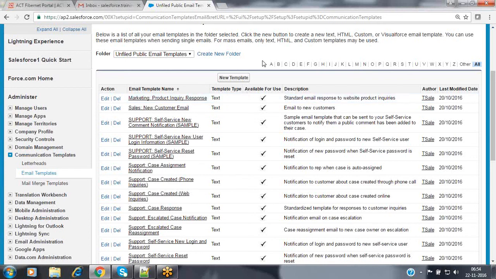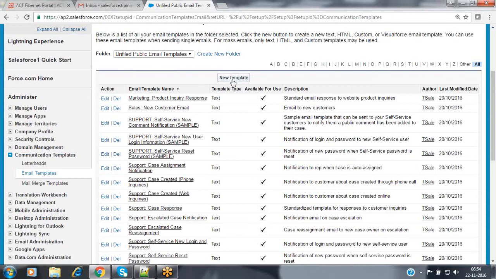Email template means what? Whenever you are going to send an email notification, whatever information you want to share, don't type the information every time for everybody. Just make it as a draft. The draft we can use to send the email notification to everybody also. The draft is nothing but an email template.